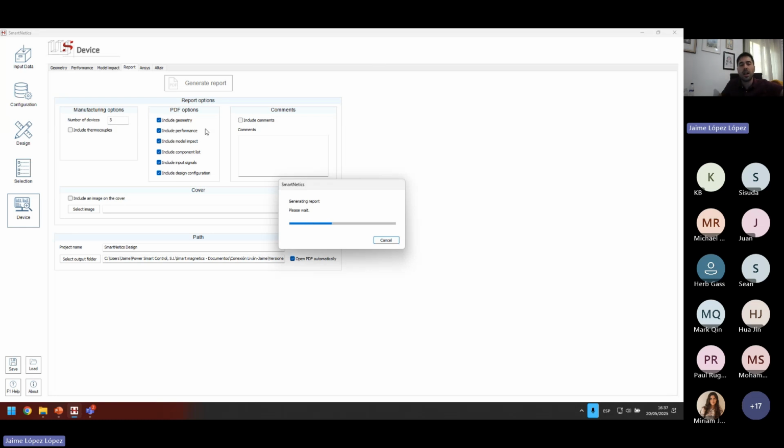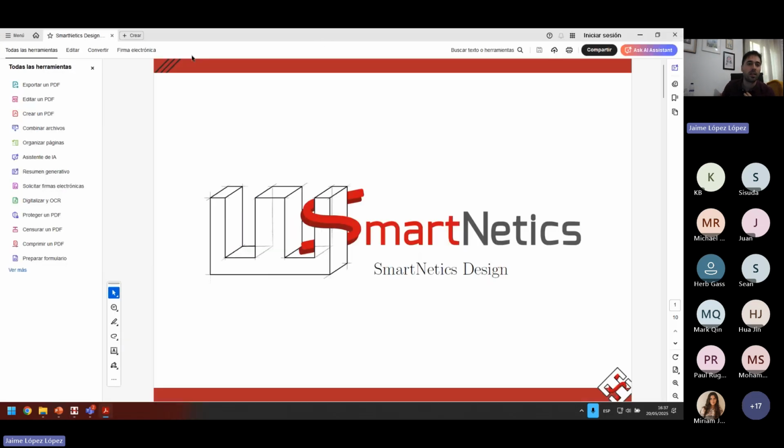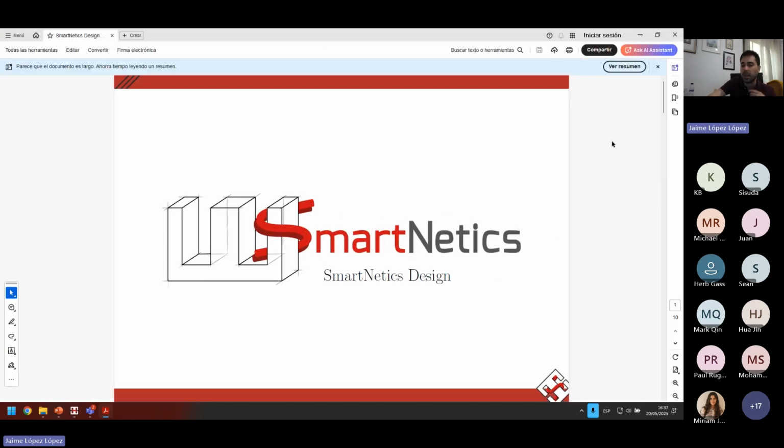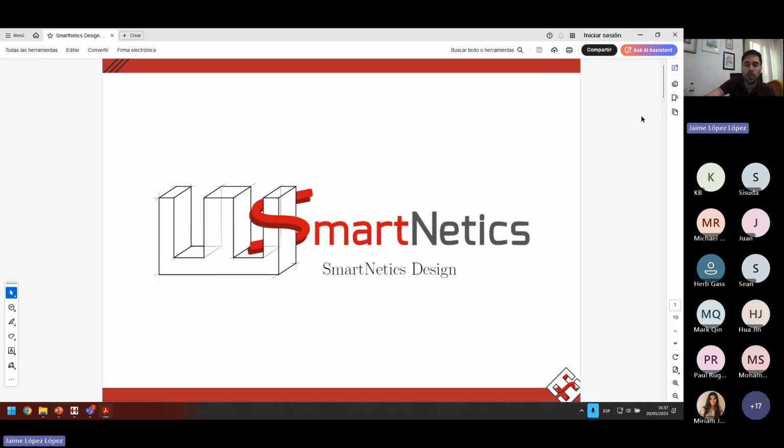And in here, you can select what to include and what not to include. For example, let's say that for yourself, you want to keep everything because you need everything for documentation. But for the sales people, you only want to provide some data. From the people that has to buy the devices, only another amount of data. From your manufacturer, other amount of data. And here you can select what to include.